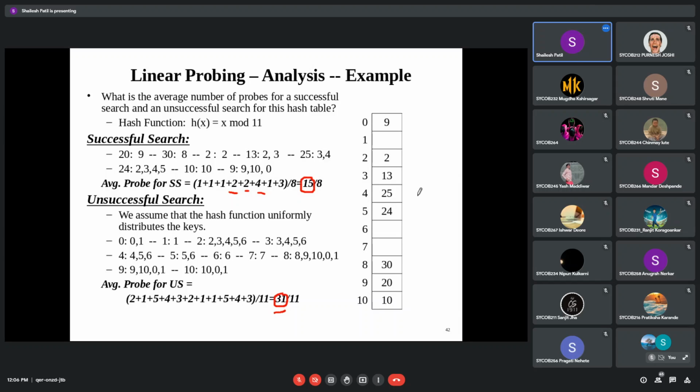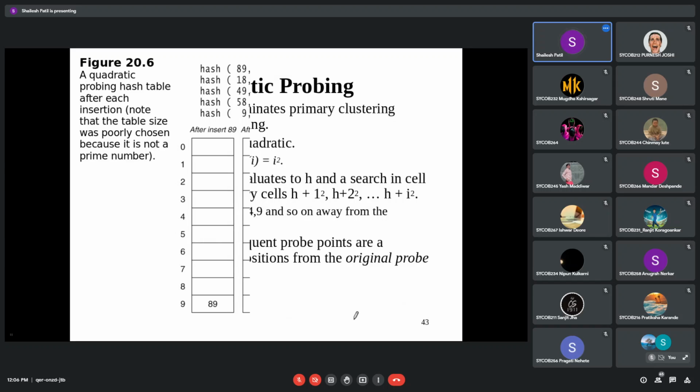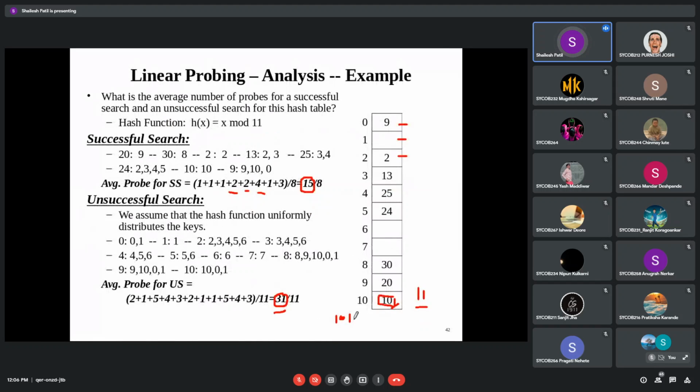Okay, query is good. Suppose I have to search for this 10, whether the 10 is present in this particular table or not. So what I have to do? Suppose this is a bucket of size 10 only. I have to start from over here and check whether this is 10. So how many comparisons will I need? 11 comparisons. Okay, but suppose this 10 I will directly make 10 mod 11. Sorry, we'll take some small example in our case.